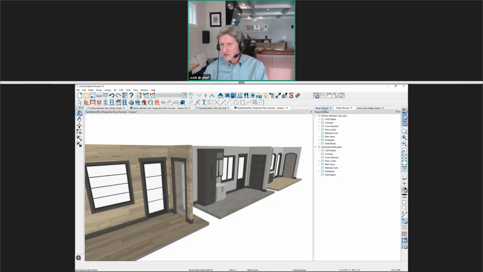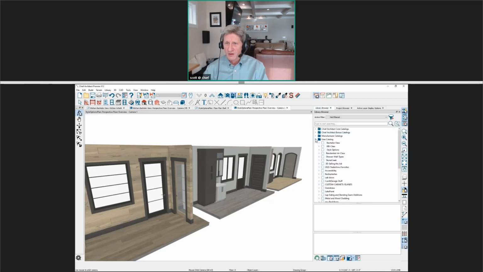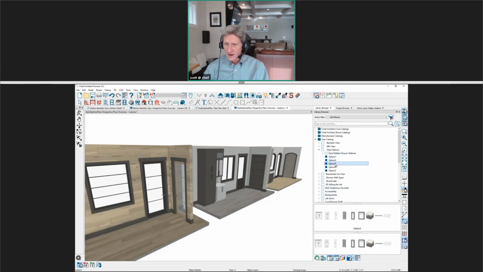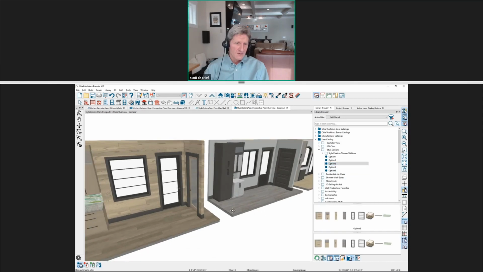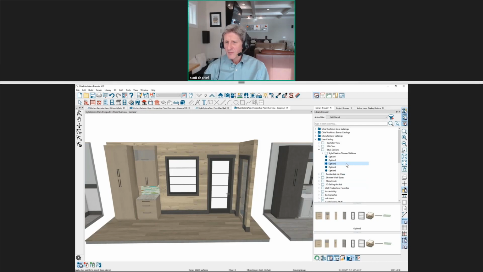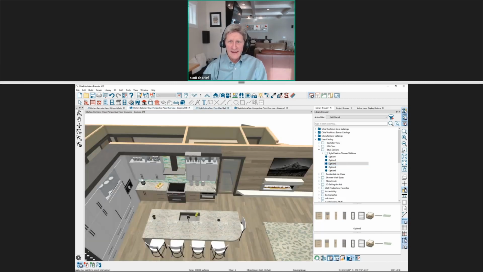And let me just make sure that I can find these in my program here. So if you look at my style palettes, if I click on this, and let's just pick the one that's in the center of the screen that we can see here. So this style palette right here is in my library, and I've clicked on these items and added them and created a style palette. And then when I go back over into that plan we were looking at,